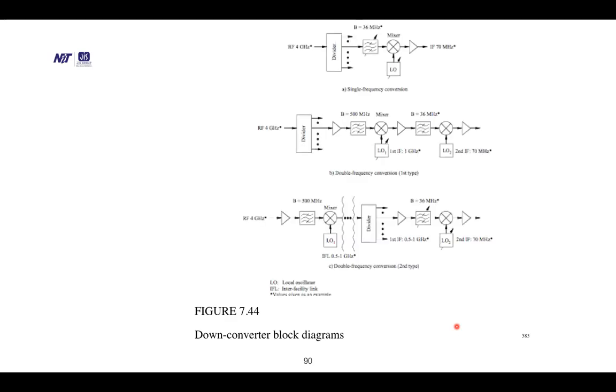So this is its block diagram. This is the RF 4 gigahertz, then divider, then it is a mixer. It is mixing over there with the local oscillator, corresponding to a down frequency, intermodulated frequency, and different mechanisms are showing over there. This is the local oscillator. We know this is the theory from the basic electronics we have studied earlier at the graduate level.